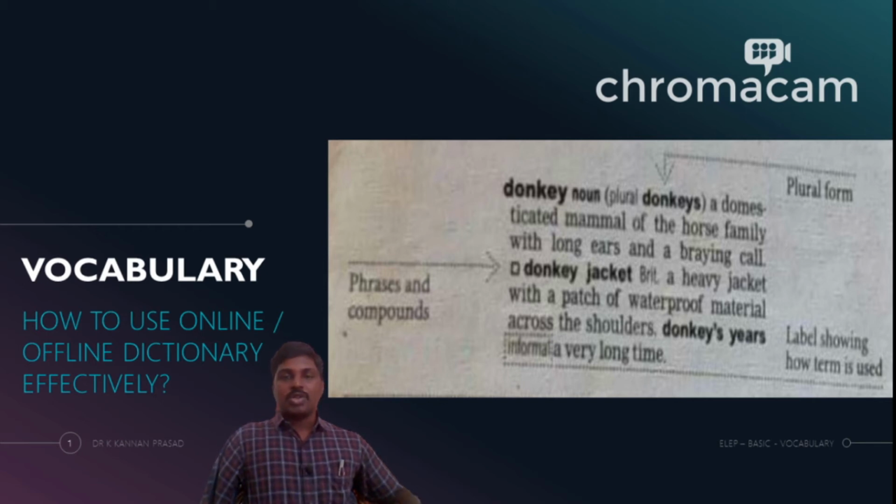I should stop here for a little moment and tell you that the English language, because it has been used very frequently across the globe, has made itself into many variants. For example, the British people were the native speakers of the English language, but then there are Americans who use English, there are Australians who use English, and there are Indians who use English. In this case, donkey jacket is a variant which is used majorly by the British people.